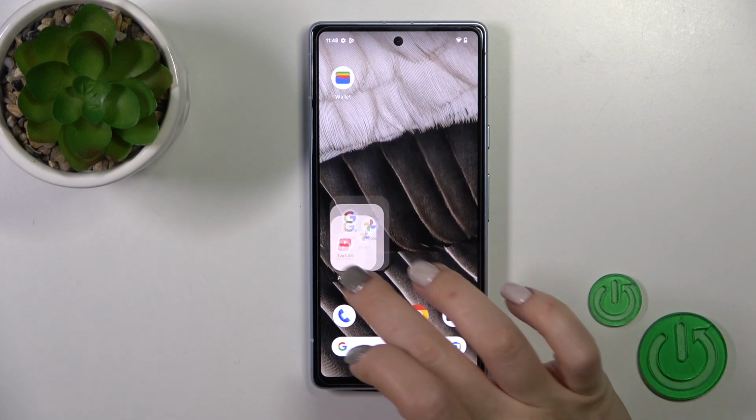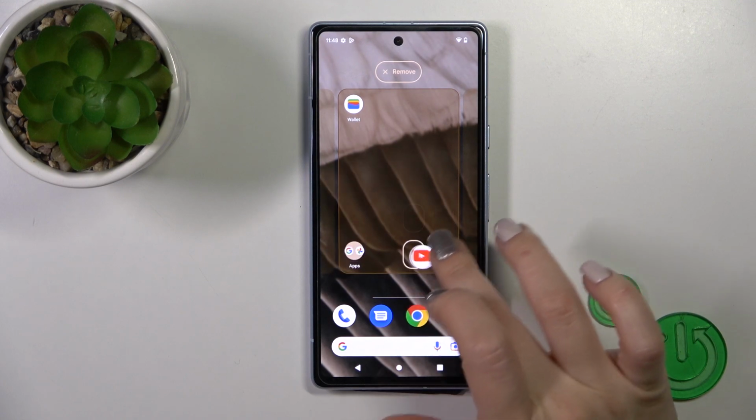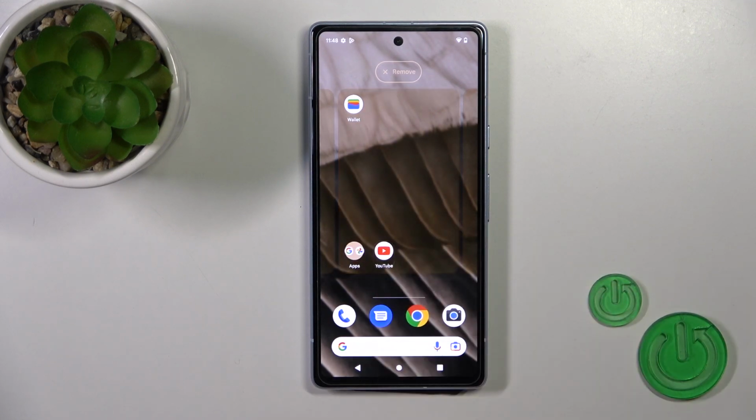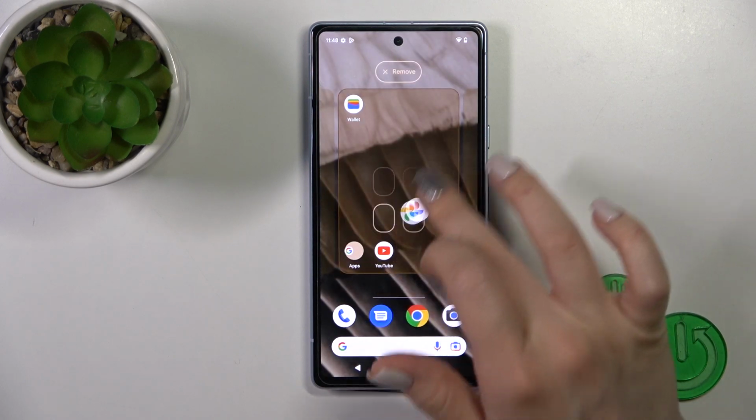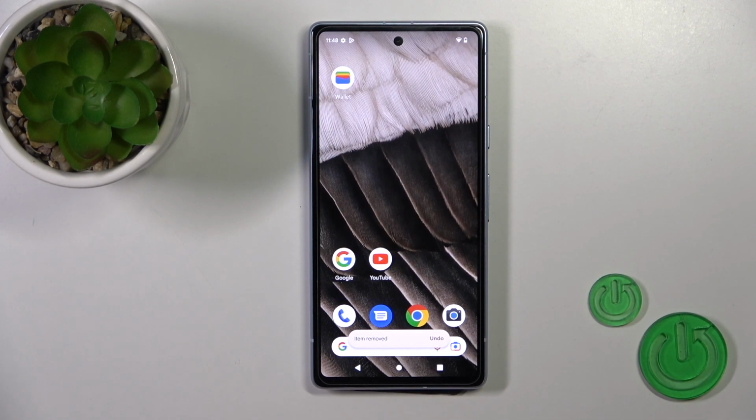To move this folder here on the screen or between the screens, we should just hold it and drag it. If you want to remove the application from the folder to the home screen, just hold it and drag it here. But if you want to remove it from the home screen or from the folder, hold it and drag it